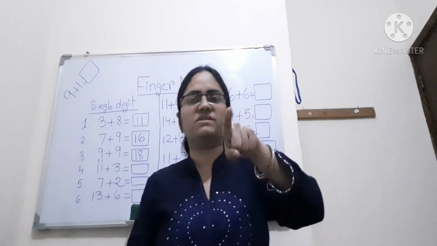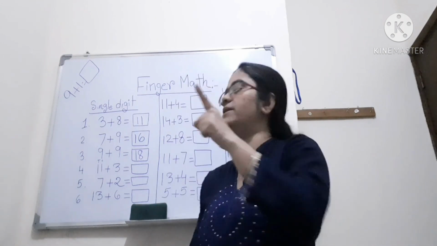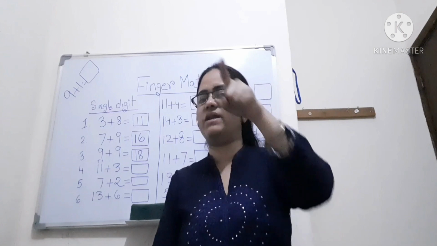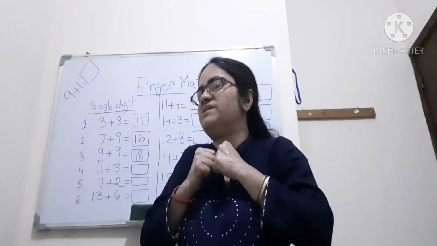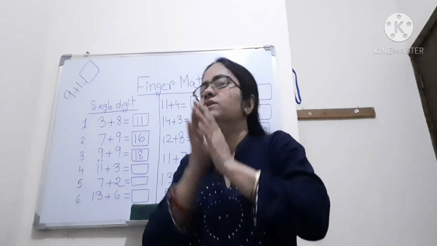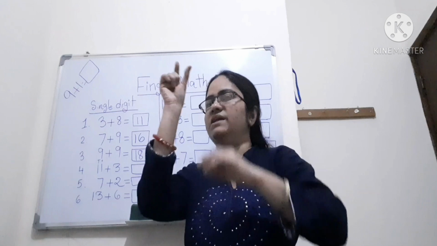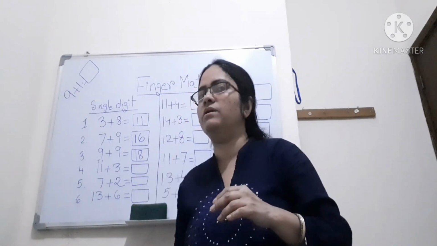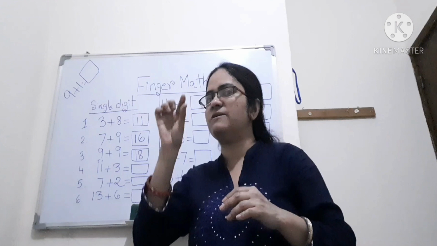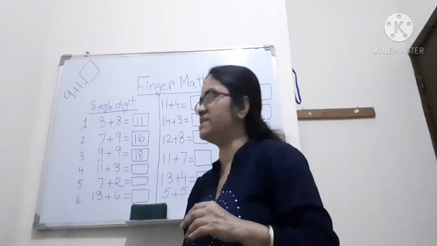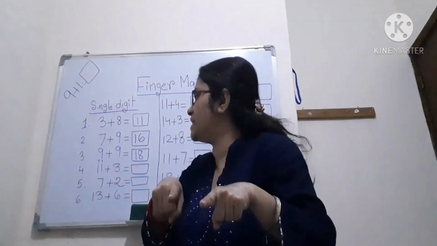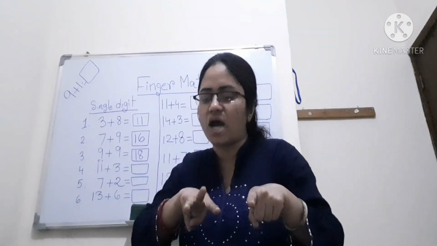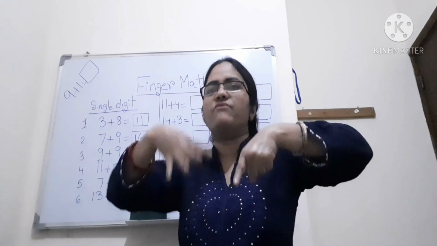How do I calculate? This is 10. I can use the left hand because the left hand represents the 10's place. This is 1, 10. See, in the number 11, how many tens are sitting there? 10. That means one block consisting of 10 separate units. That is called the 10's place. So this is 11, then 3. I have to raise my 3 fingers. 1, 2, 3. So how many is this? 14. 11 plus 3 is equal to 14.